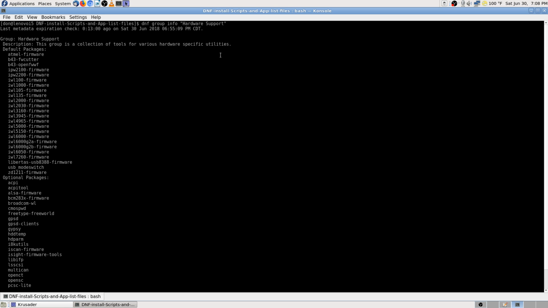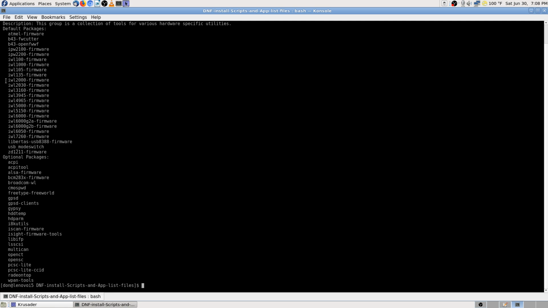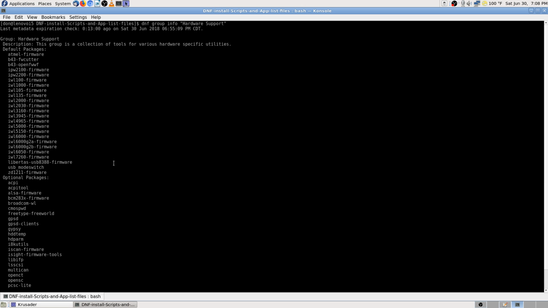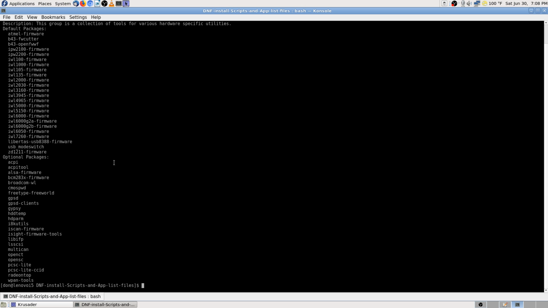tools for hardware-specific utilities. Atmail. Yep, it's stuff that I don't. It's like I don't know what it all is, but yeah. If you don't have the hardware, you know, well, for one thing, like if you have a graphics driver that's the wrong one, say you have an NVIDIA graphics driver installed and it's the wrong one for